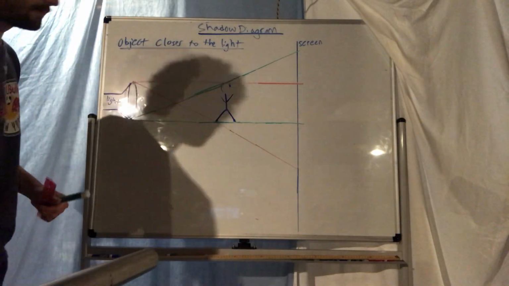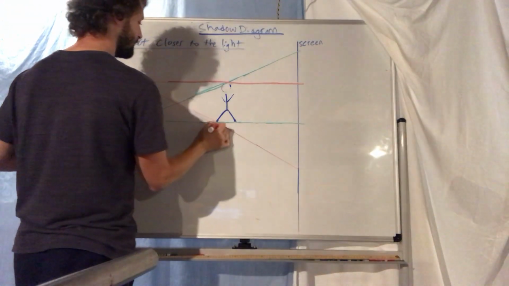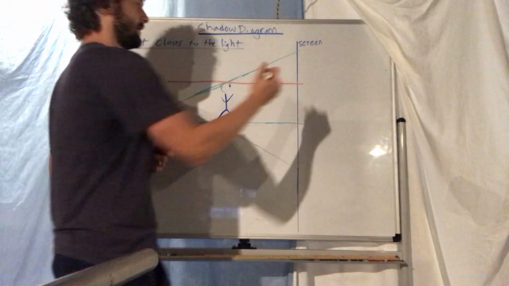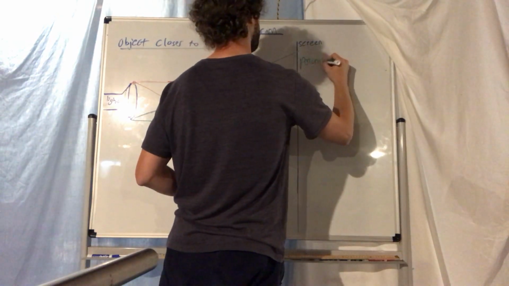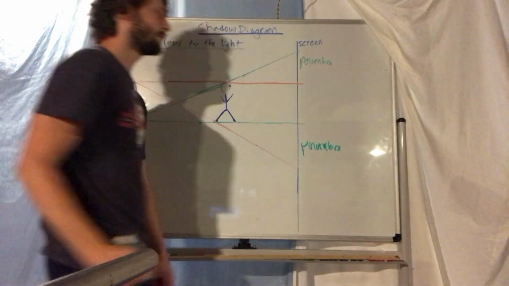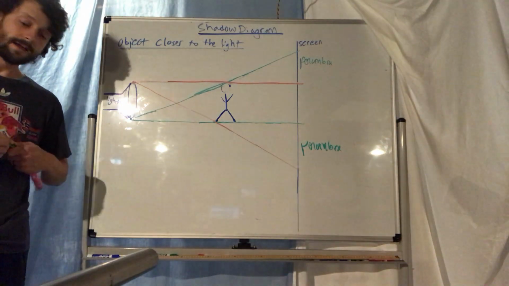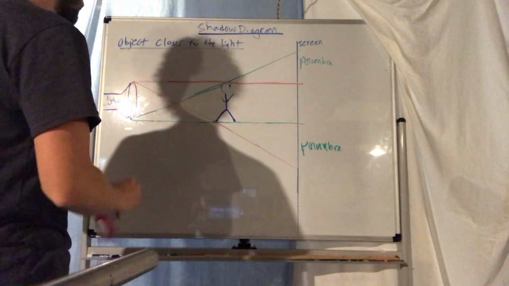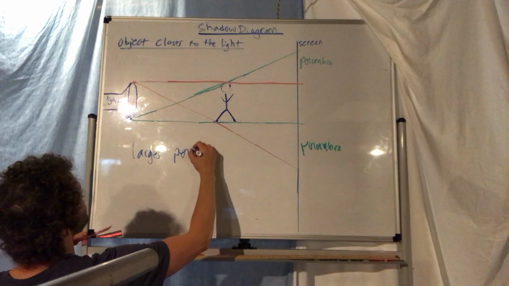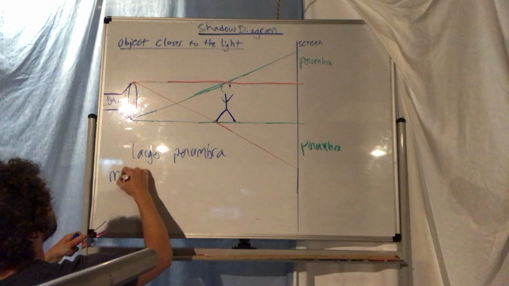So do you think it's fuzzier, and how could you tell? Well, the way to tell if it's fuzzier is to look at the penumbra over here. This is the penumbra, and this is the penumbra. Now that they're closer to the light, what happened to the size of the penumbra? I agree, yeah, it got larger. So a larger penumbra, remember the penumbra is the fuzzy part, so a larger penumbra means